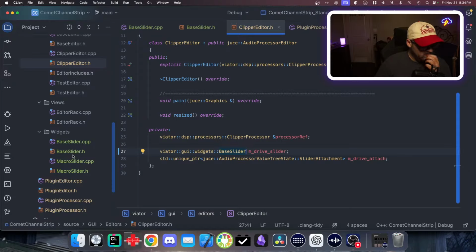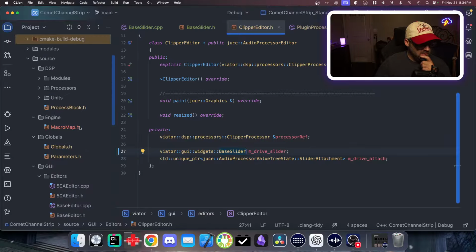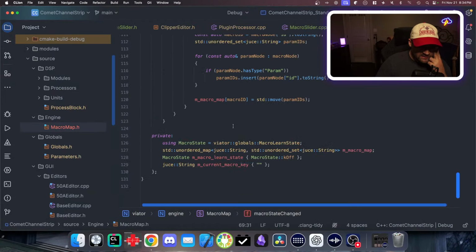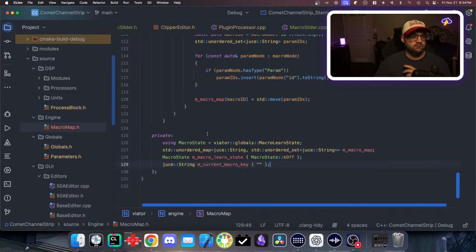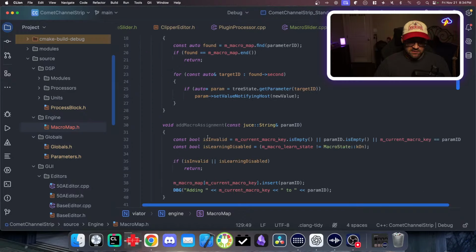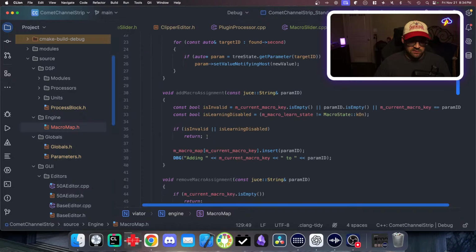And what we could do, let me look at macro map one more time. I think this had this dumb thing. No, it just has current macro key, not current param. So what I'm thinking is, in this add macro assignments, if learning is not on,